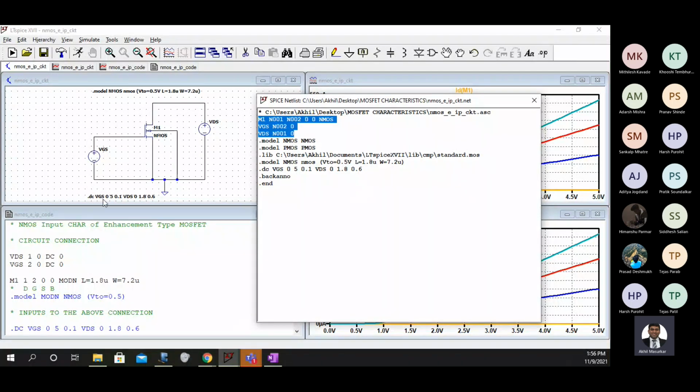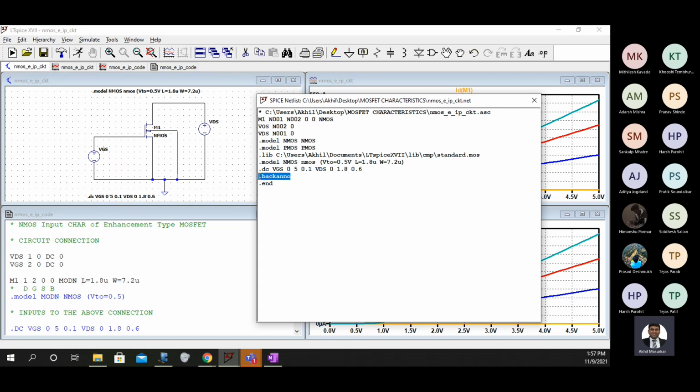And since we did a DC analysis, or actually we did not do a DC analysis, we did a DC sweep. There is a difference between DC analysis and DC sweep. DC sweep means you are sweeping the existing DC voltages from a certain voltage to a certain voltage. And DC operating point analysis is calculating the DC currents and voltage drops in a circuit for fixed values of DC voltages. So there is a small difference there.